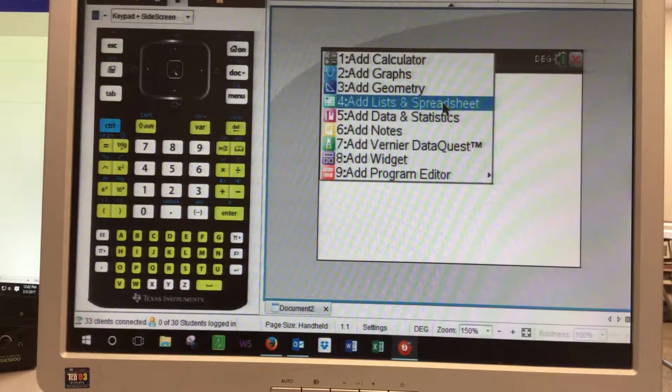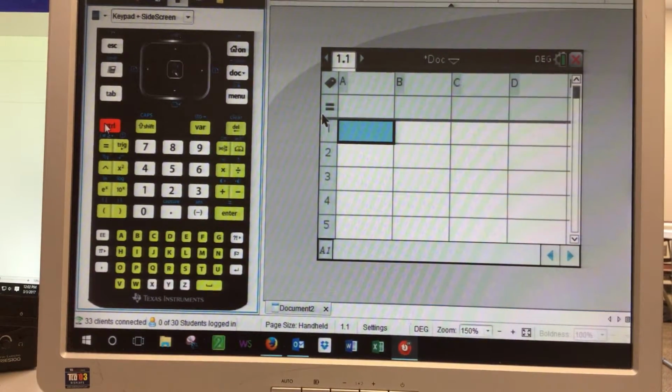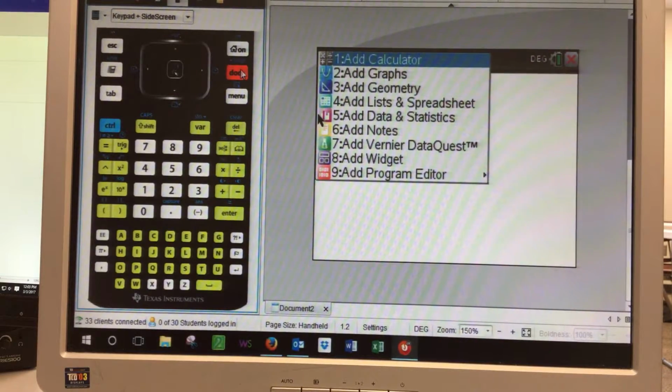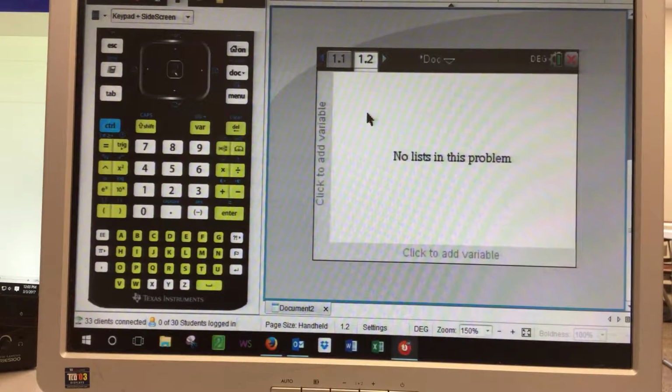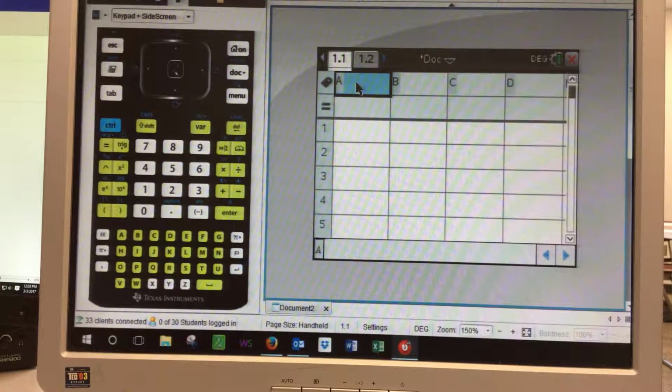So new document, we need lists and spreadsheets, okay? And we're going to hit Control here, and you'll see that the buttons I'm pressing turn red. That means I pressed them. Then press Doc. We're going to add data and statistics, okay? Now the first thing we're going to look at is just single variable information. So we'll just choose some data that I have,